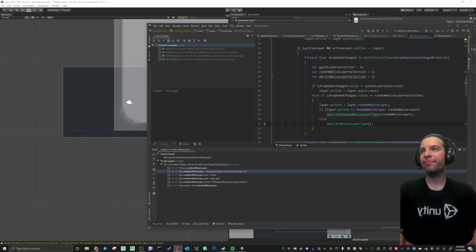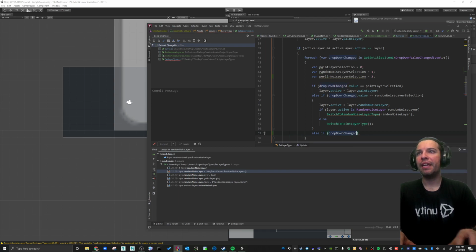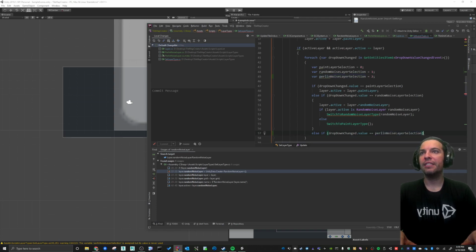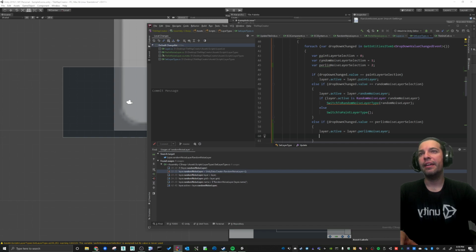Okay. So I'm going to say if the drop down value change dot value equals Perlin noise layer selection, we'll say layer dot active equals layer dot Perlin noise layer, right? And